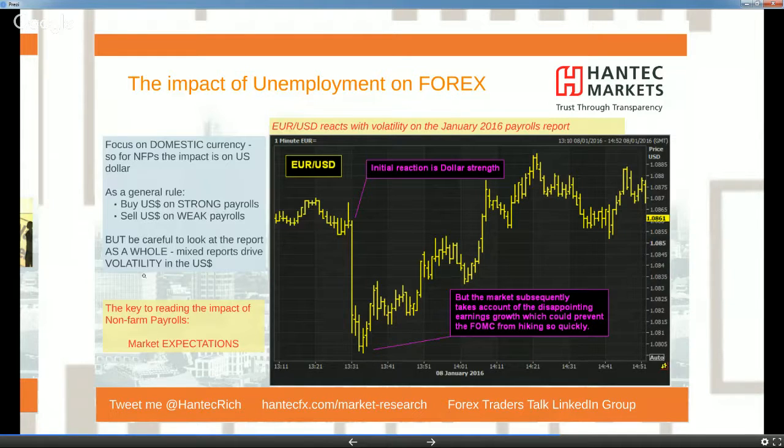So if the headline payrolls number comes out really strong, but there's no earnings growth whatsoever and the labour force participation rate has dived, then you would argue that the initial reaction is likely to be unwound. So if you get a mixed payrolls report, you're likely to get a big retracement of the initial move. It may settle again and carry on in the same direction. But I think you've got to watch out for the spikes on payrolls reports, because they can be very significant, and it's really interesting. And now here we go. Here we have the payrolls report in January.